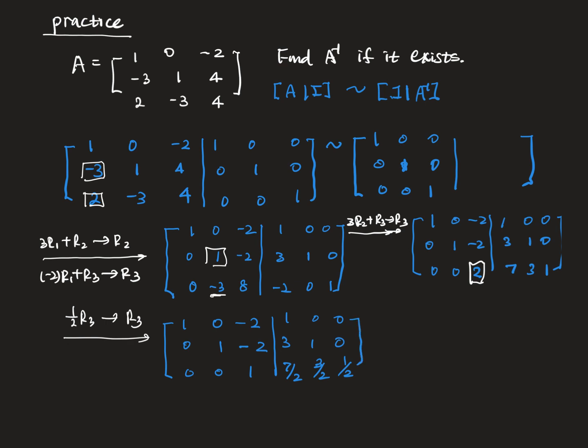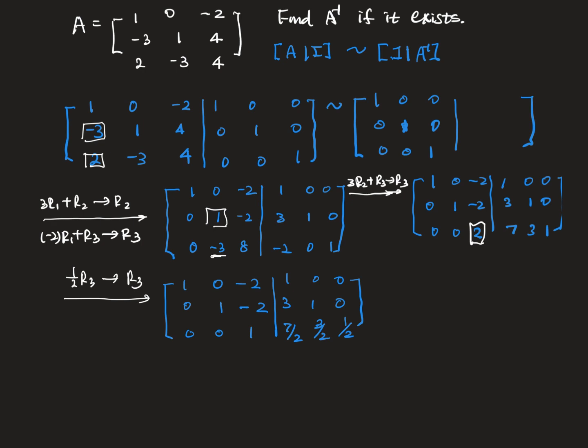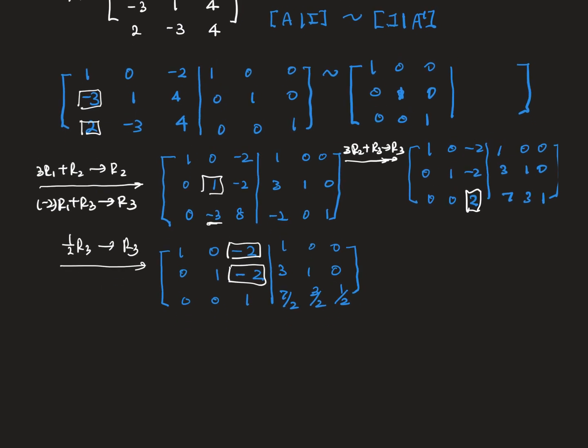Okay, so what do you have to do now? Go to this one, it should be 0. This one should be 0, right? So you need this operation, the last one. Guys, okay, 2R3 plus R1 going to R1. 2R3 plus R2 goes to R2. So you have the new